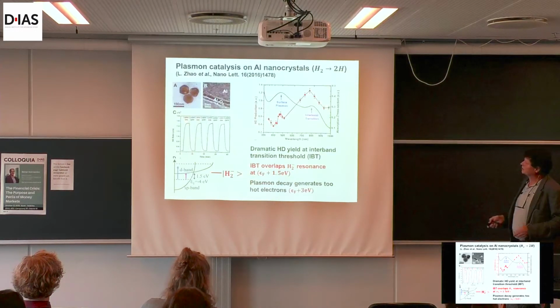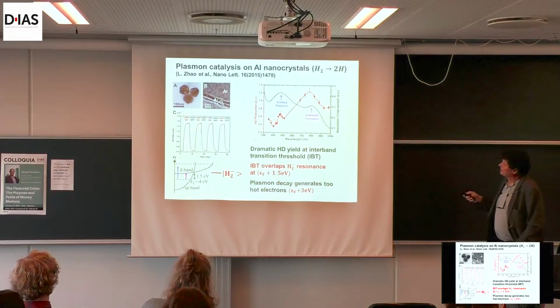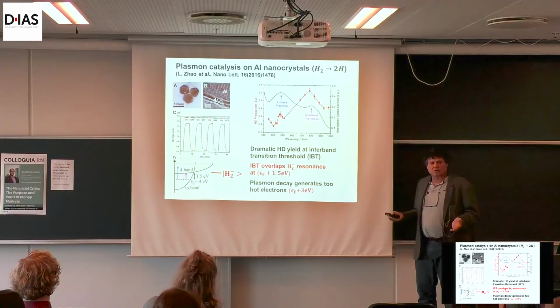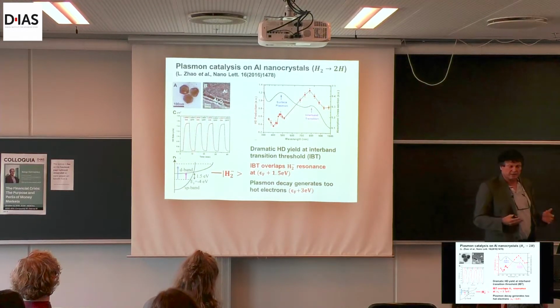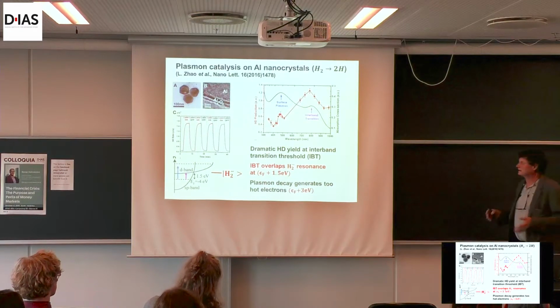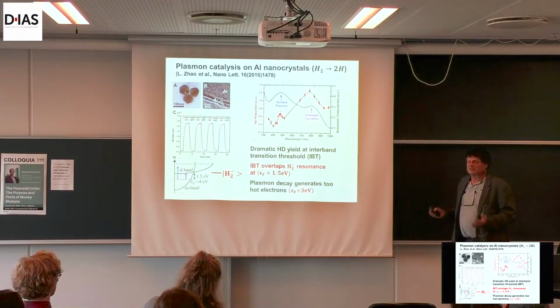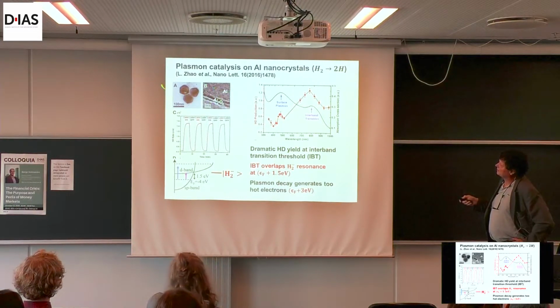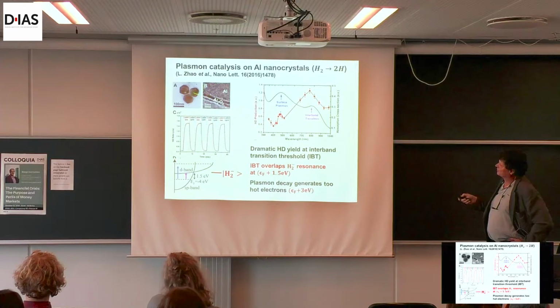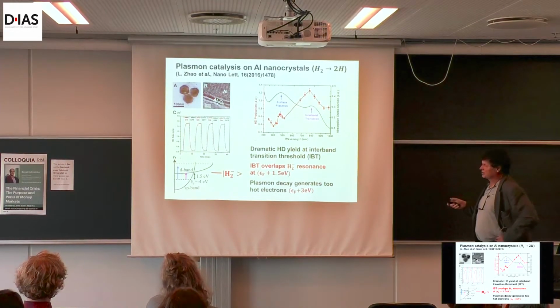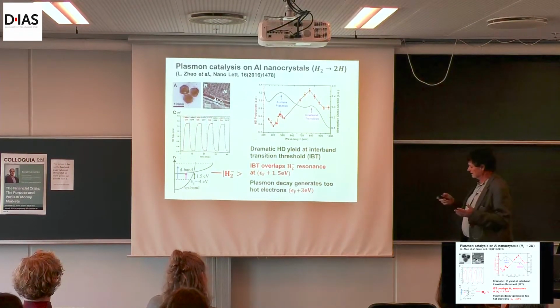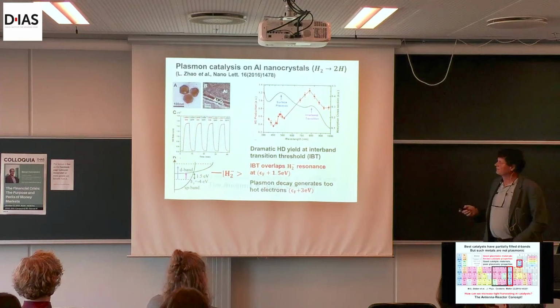And it worked. And here's one of the more recent papers we did. We actually showed you can do it on aluminum, okay? And that's the hallmark of our research, to do sustainable materials. Gold plasmonics is great, but aluminum plasmonics is greater because it's very cheap. So what we did here, in fact, we show that you can make these aluminum nanocrystals in enormous groups. And when you turn on light and turn off light, you get HD dissociation. You measure HD, so that's then the dissociation product, and it's very efficient. So that got us very interested.